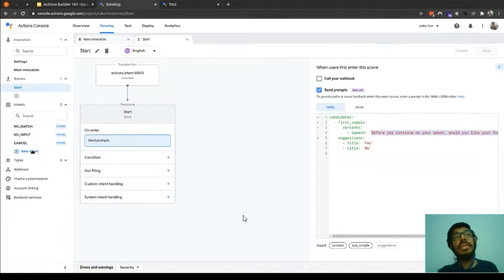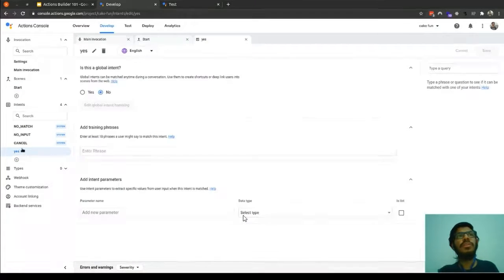So let's create one new intent called yes intent. Let's name it just yes. Please make sure that after naming it, you click on it, and let's add training phrases.